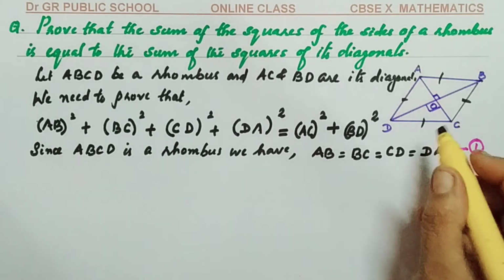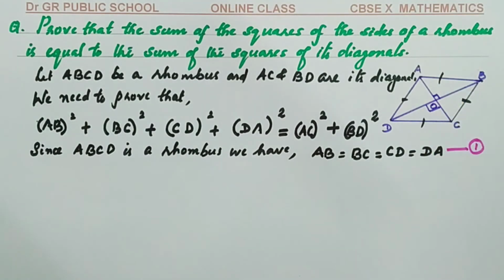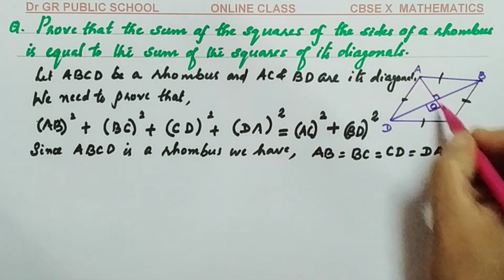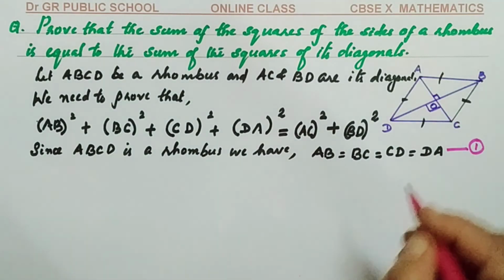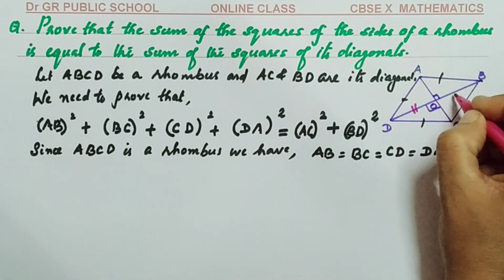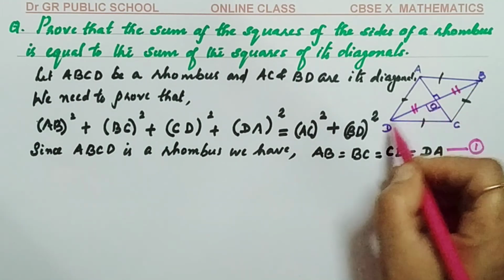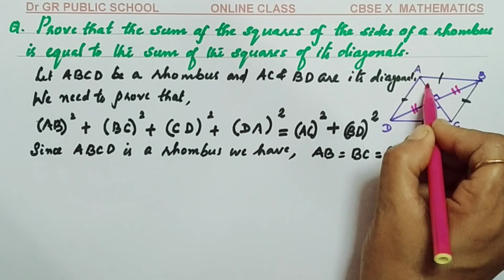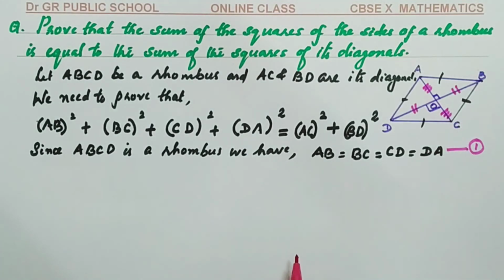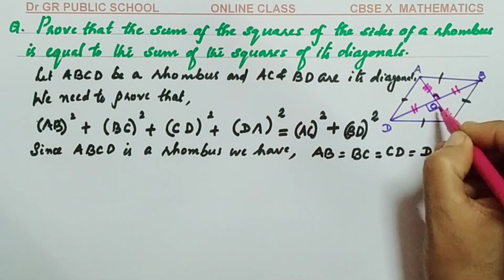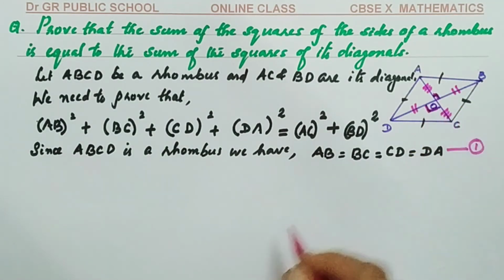Now, another property is that consider the diagonals. What is the peculiarity of the diagonals of the rhombus? The diagonals bisect each other. Bisect means the length DO equal to OB and AO equal to OC. This is what we mean with bisecting. Divides it into two equal parts. Above all, they bisect perpendicularly, means that each angle will be 90 degree.